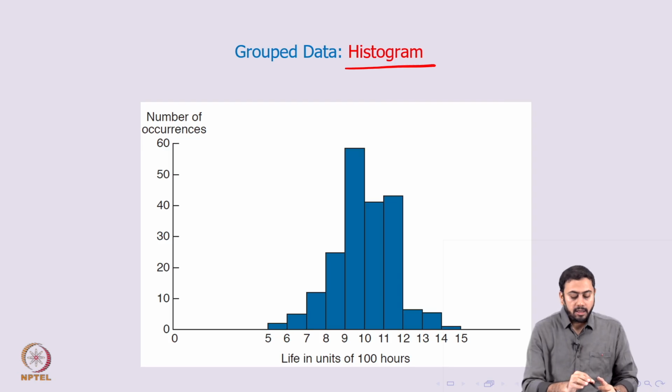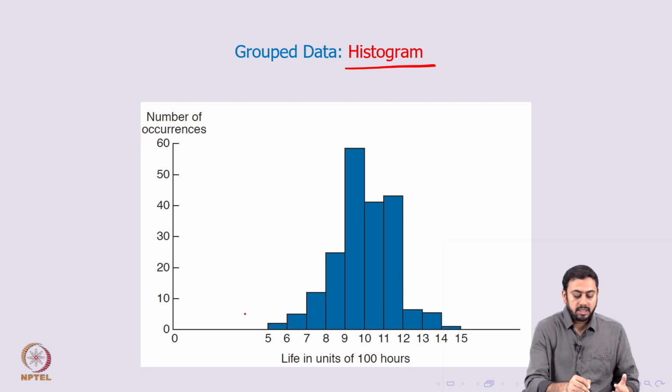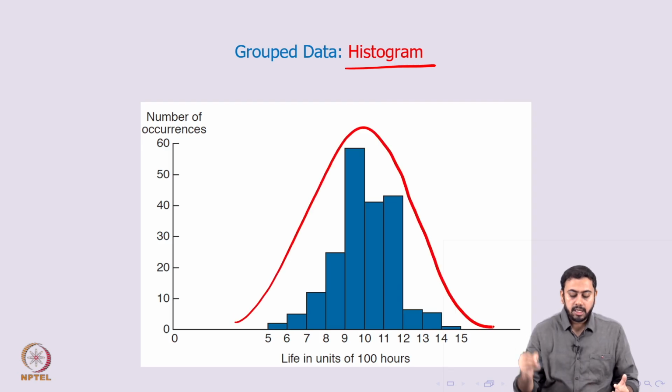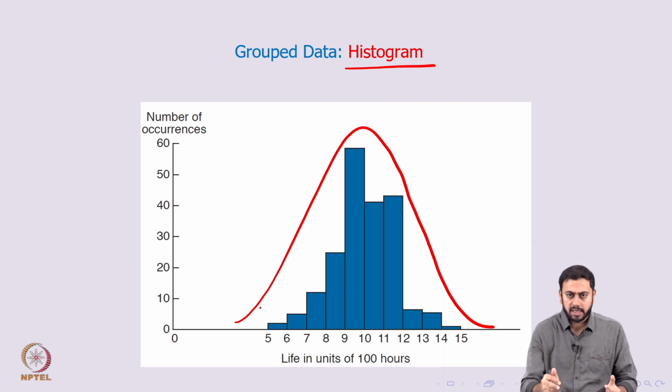Alright, so again, a couple of very advantageous things about a histogram is that you can see the shape and roughly the density or the behavior of the data set. So if you somewhat connect the top ends of each bar, I can get a curve which tells you the behavior or rather the shape of the data set. In this case the shape is somewhat symmetrical. Can you see that?